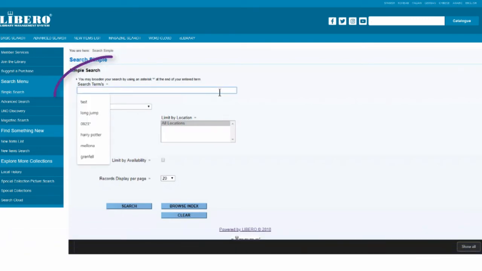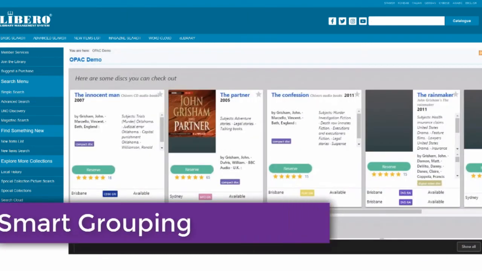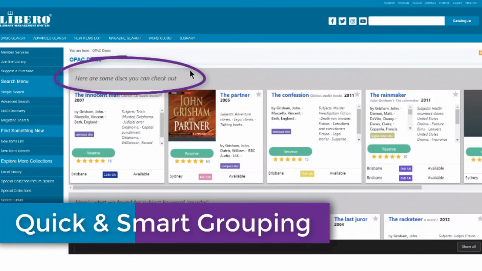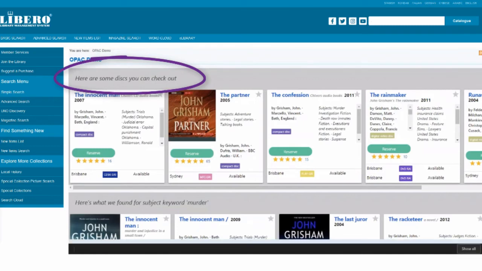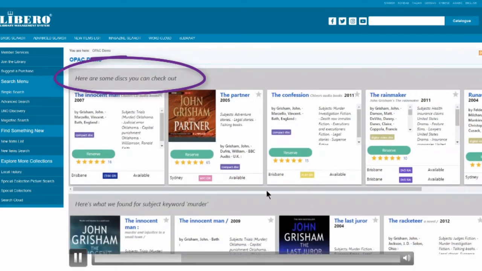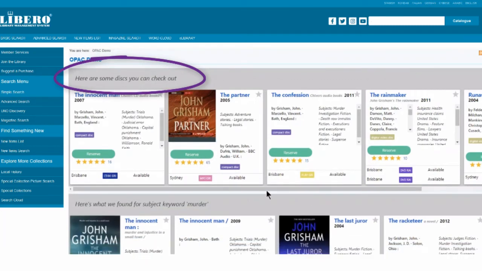So Grisham, immediately I just typed in Grisham, and with the entire result set of a few hundred items, we've gone in here and grouped them magically. And this is literally the bibliographic database that hasn't been touched at all. Like, we haven't gone in there and cleaned it up at all. And immediately